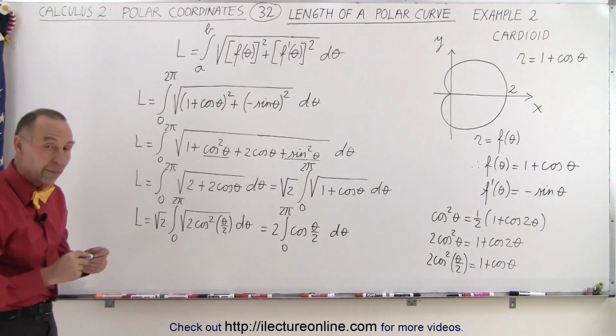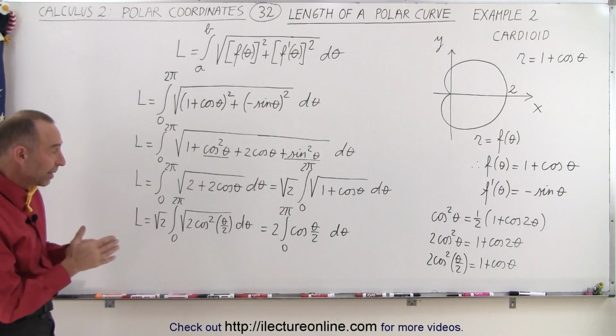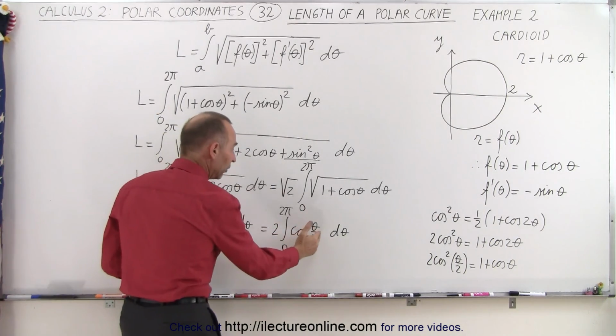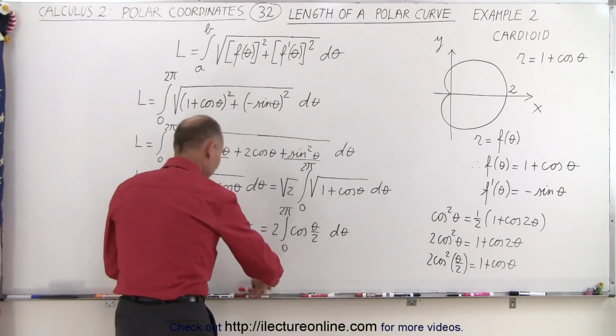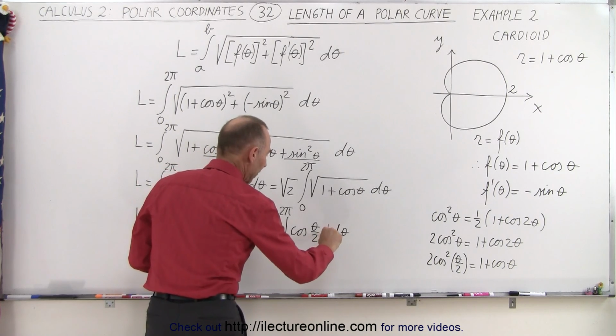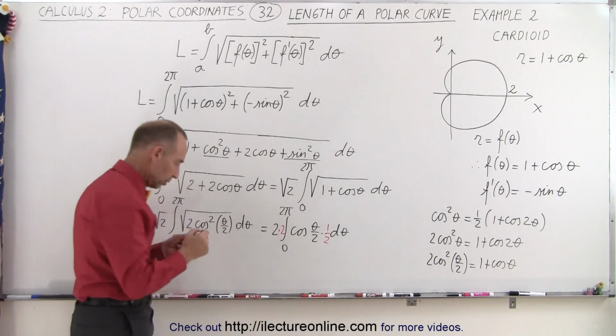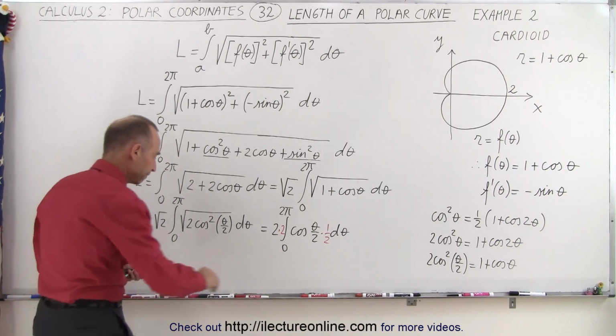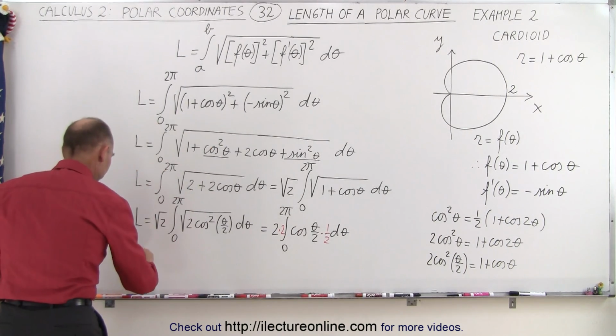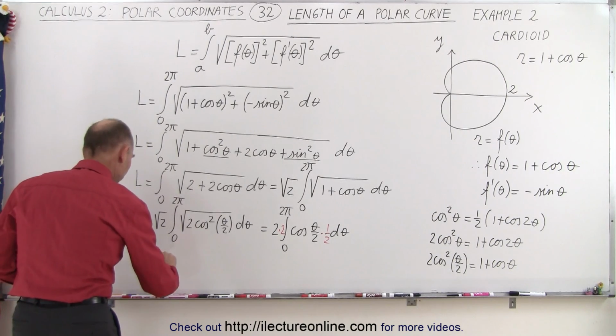All right, now I'm almost ready to integrate that, except I have a cosine of a half angle, so I need 1/2 d theta. So I'm going to multiply this times 1/2, but then to compensate for it, I have to multiply this times 2. So now I'm ready to integrate. So now I can say that the length is equal to 4 times